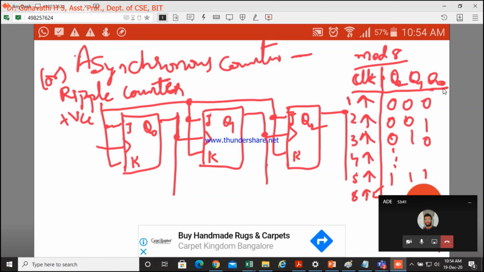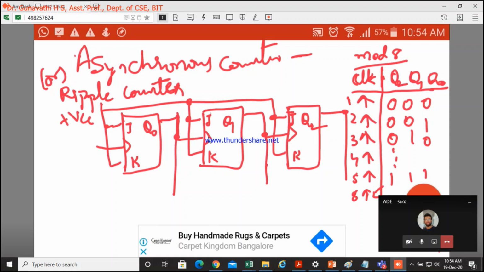Because in the first stage, if you observe here, it is continuously 0, 1, 0, 1, 0, 1. It should keep on toggling when I apply the clock, since both are 1, 1. So it will keep on toggling. This will work fine with Q0. What about the output of Q1? What about the output of Q2? Since J and K are always 1, 1 here, but we are restricting our clock.